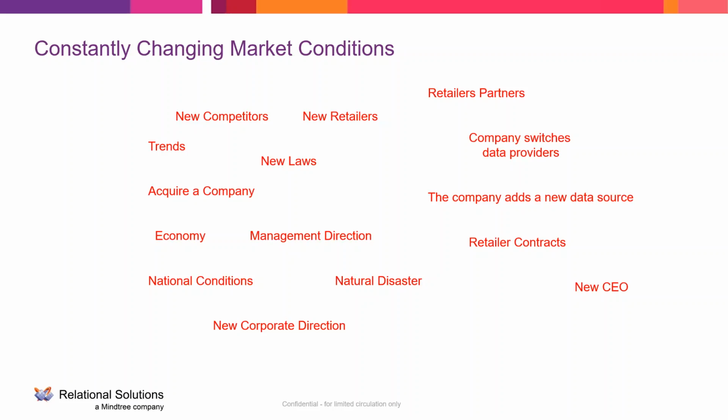Maybe you get a new CEO, and that new CEO wants to focus on different areas or switch categories or decide to acquire another company. There's all sorts of issues that could happen there. You may wonder why your sales in California are drastically down this week, and discover that there are forest fires occurring in California, and they're affecting a lot of business in that particular area where you were concerned about. So all of these conditions can affect the way you're looking at data.